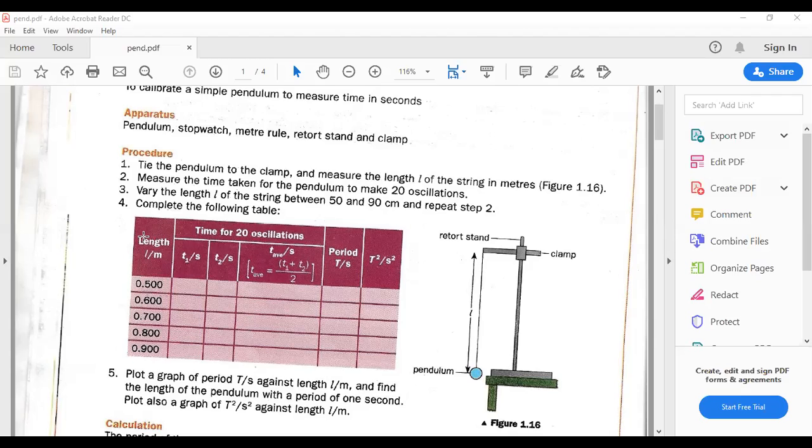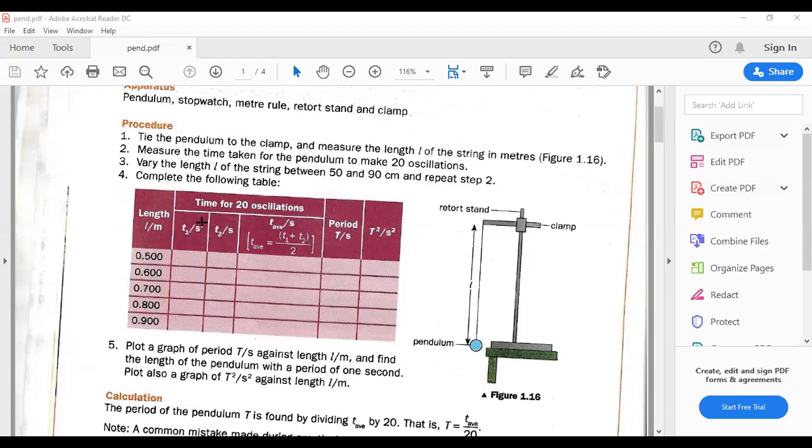And where would we record the time? On our hands or on our copies or on the wall? Where? On the stopwatch? No, but where will we record the time? Falia, where should we record the time? On a graph? This table. We need to make a table. Okay? Whenever we do an experiment, we need to make the data of the experiment organized, and this is how we organize it. Everybody can see the data, right?